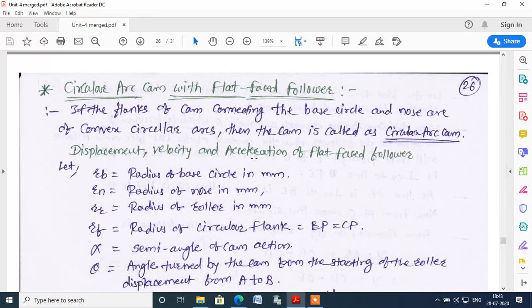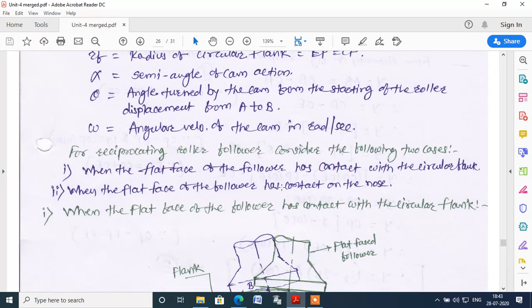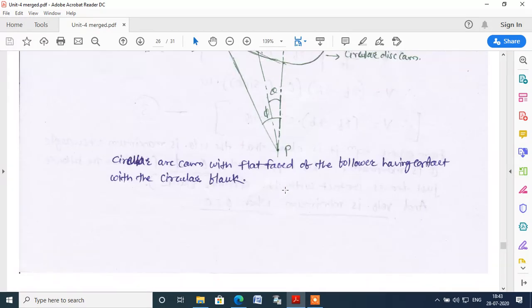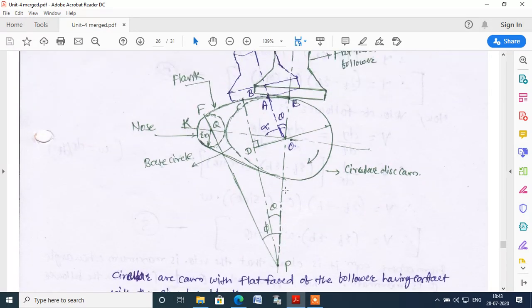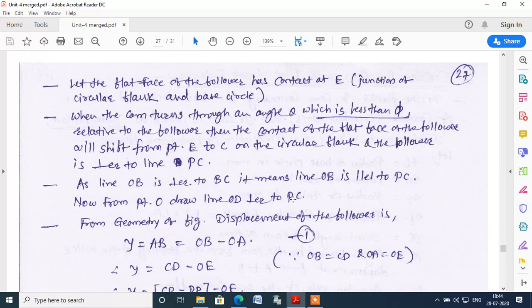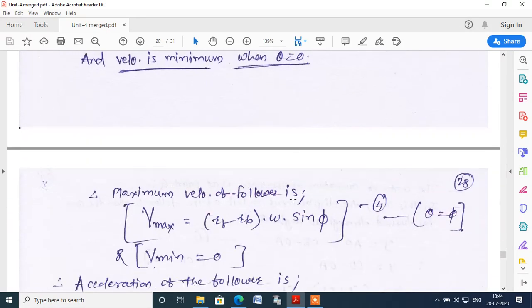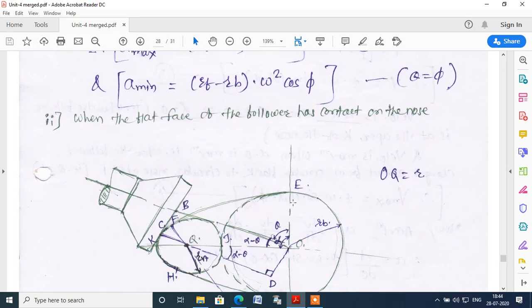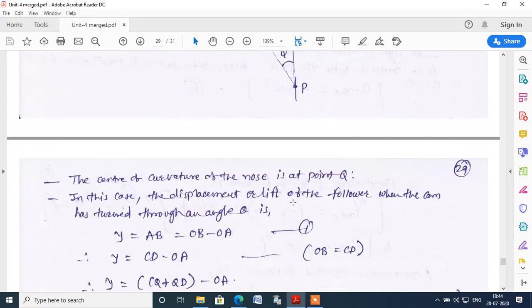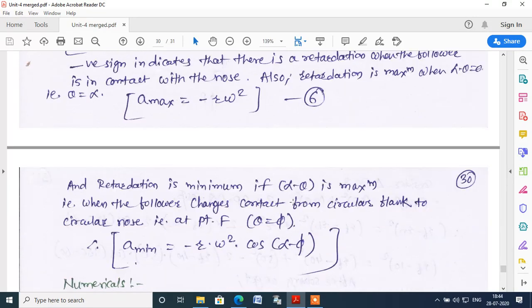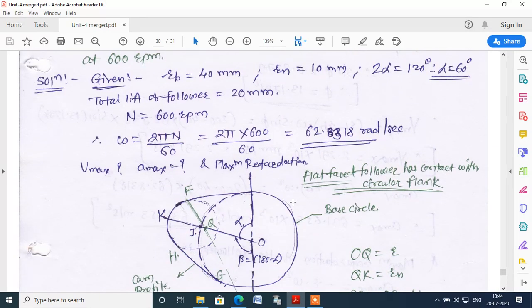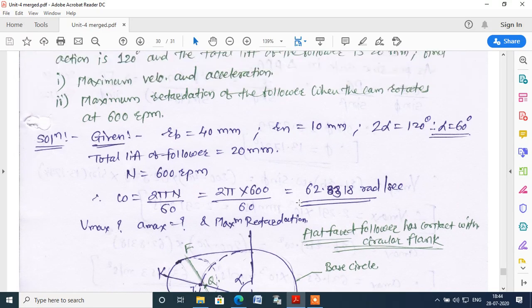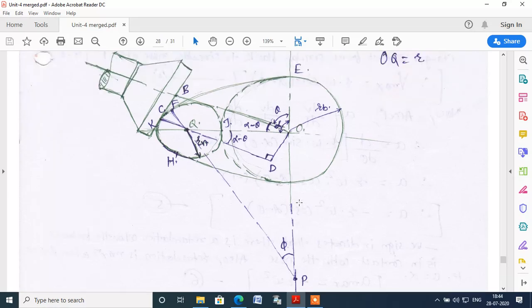Okay, there is one more topic, that is circular arc cam with flat face follower. So this we have to see. This is just for understanding. A question will also be asked in the exam, but if you want to solve, you can solve it. So there is a derivation of this, a big derivation. So we'll see the derivation of this flat face follower, and after that we will see the numerical on this flat face follower. So this we will study